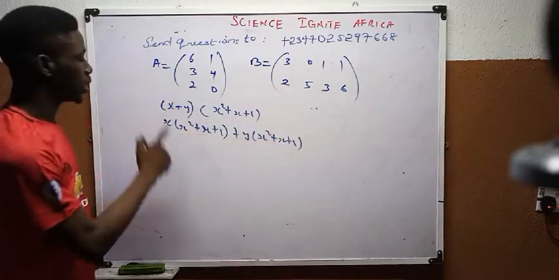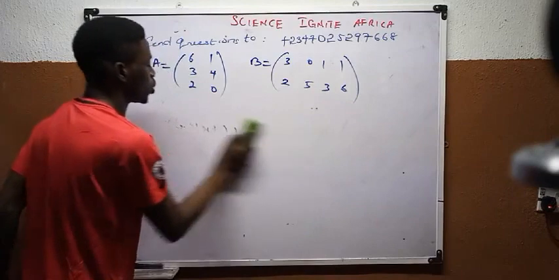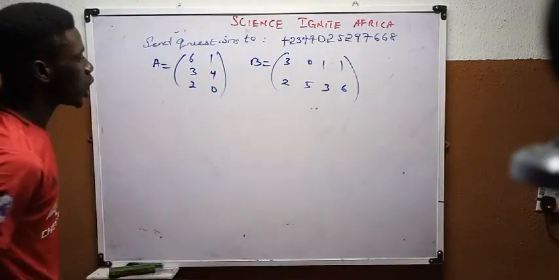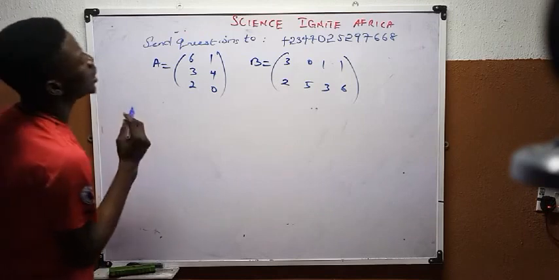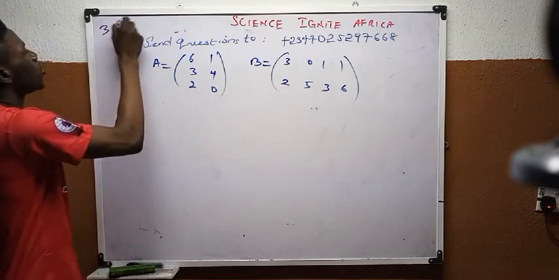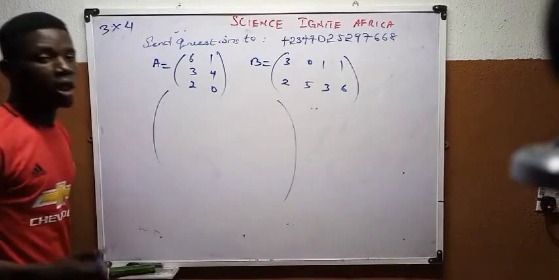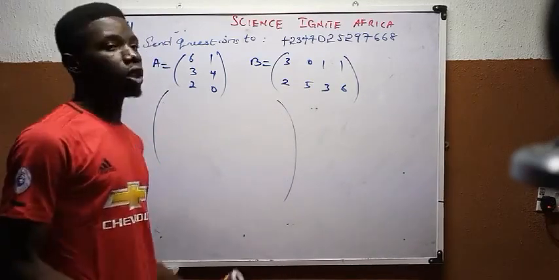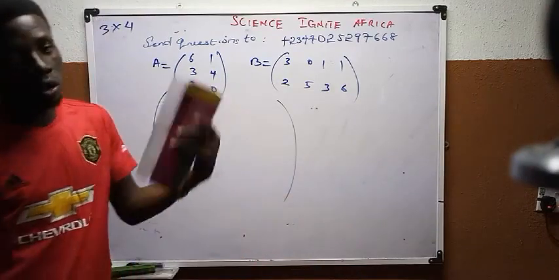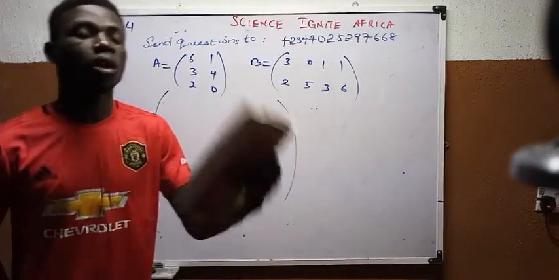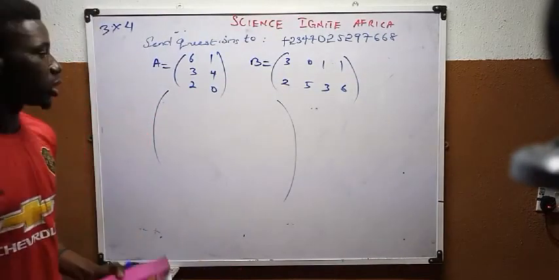I'm just picking each element to multiply this, each element to multiply this. So that's the same thing we'll be doing in matrices as well. Now, for this question, I want you to pay attention to something. I said we'll get a 3 by 4 matrix. That is, there will be row 1, row 2, row 3. Then there will be what? Column 1, column 2, column 3, column 4. So elements will be belonging to rows and columns